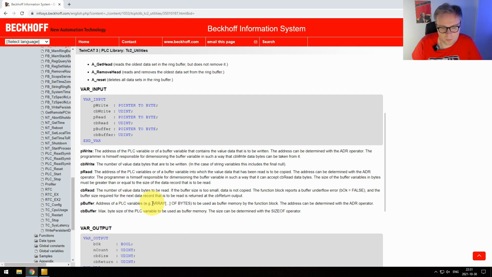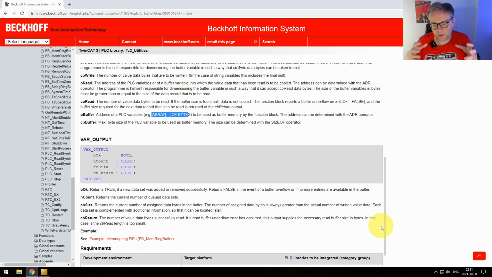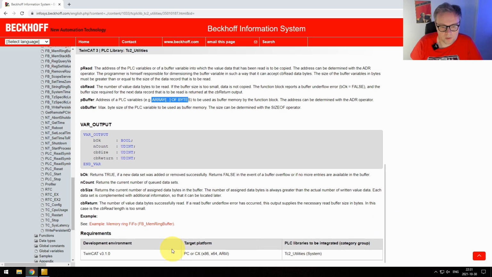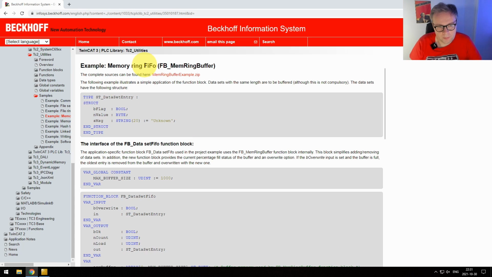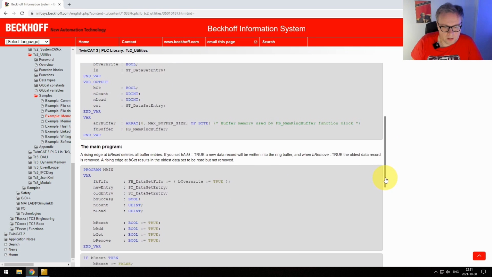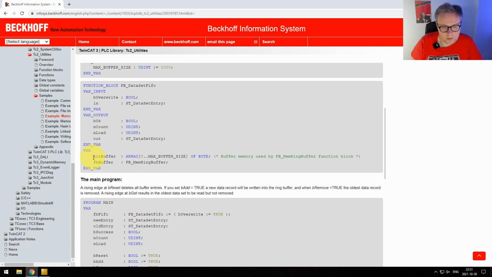So we're going to get back to this a lot, this array of bytes. It's just a chunk of memory that we need to allocate where we can store these events. I've seen that Beckhoff provides an example where they create a max buffer size and use that. And what they've done here is create an array buffer with the size like this. We could start by doing this, so we can copy this